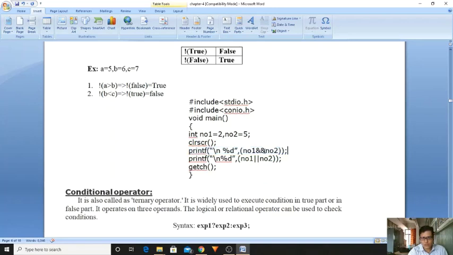You are doing the logical AND operation. Now what is the value of number1? 2. What is the value of number2? 5. 2 and 5. 2 means it is true, 5 means it is true, because it consists of some values, right? True and true, then it returns true.